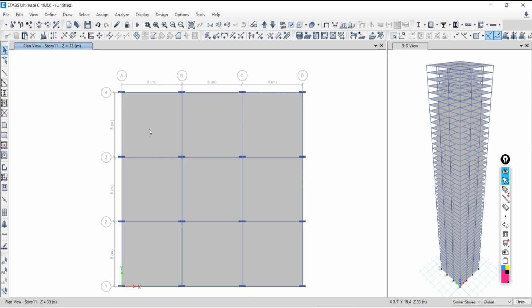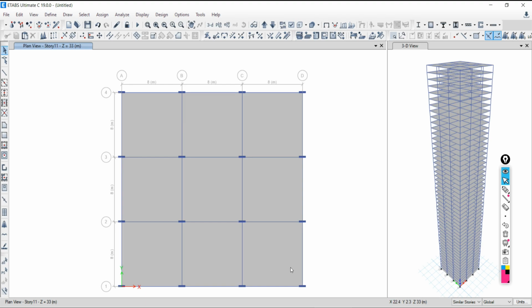One story, sir. One story, one element should be selected. Click over that. So only one. Is it right or wrong? Right. Got it? So it is very important to understand the concept of similar story and one story.